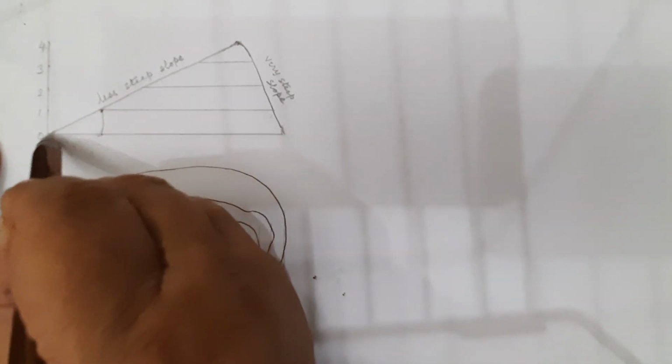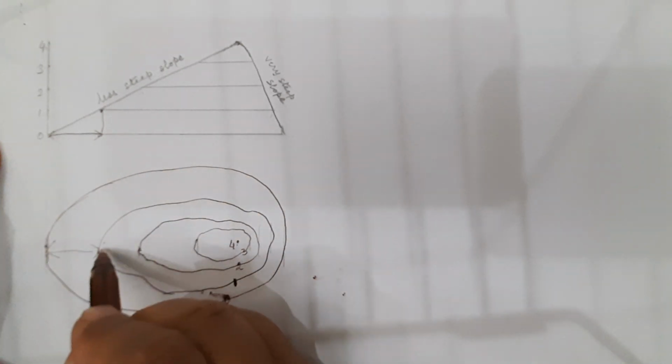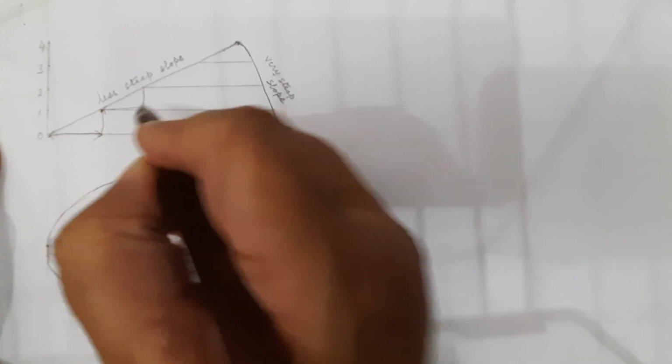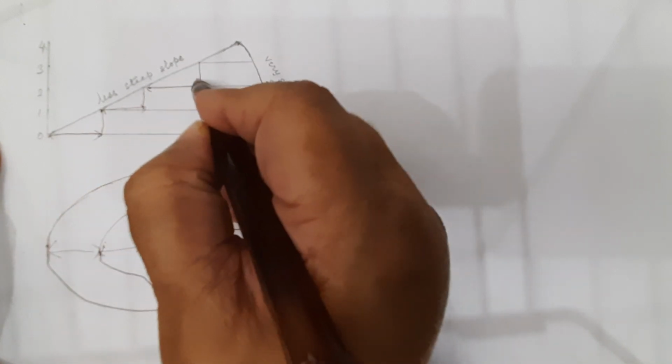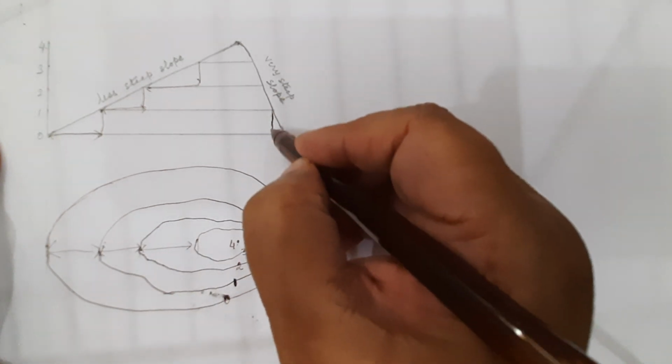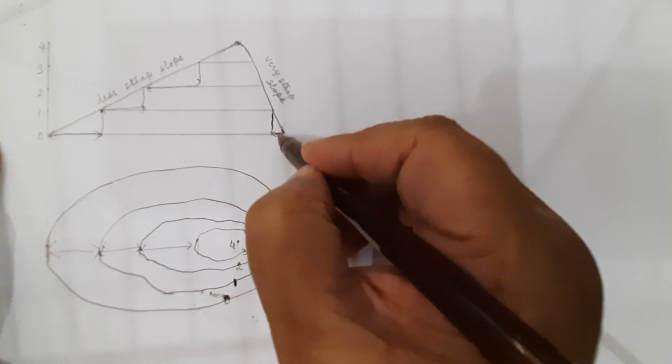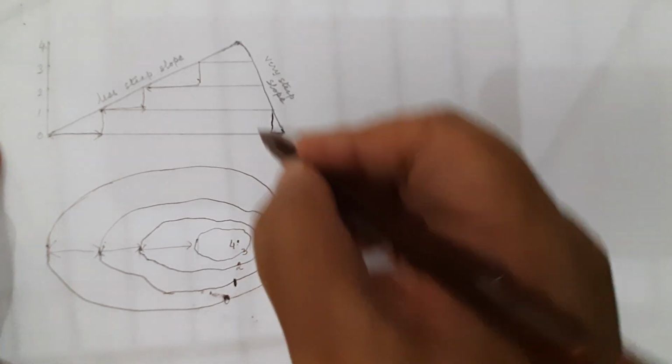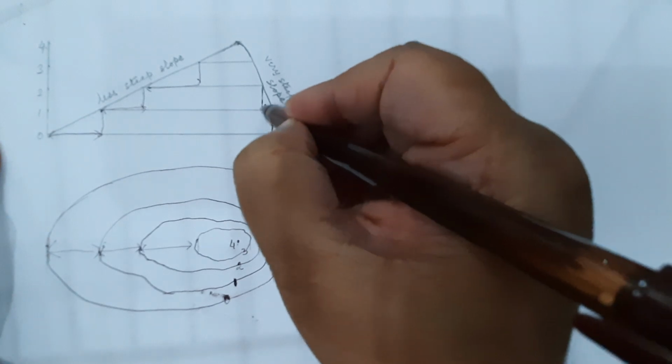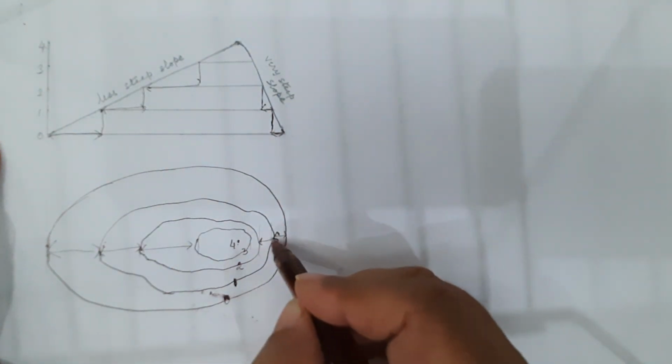And now you can very distinctly see how, on the less steep side, the gap of the contour line from here to here is this gap. Then from here to here is this gap. And from here to here, this gap is what you see over here. On this side, if you take a vertical line here, you see only this much gap. From here to here, only this much gap. So again you will see a very small gap.